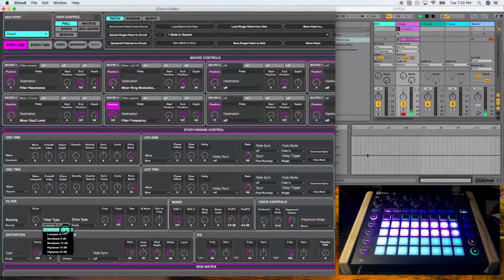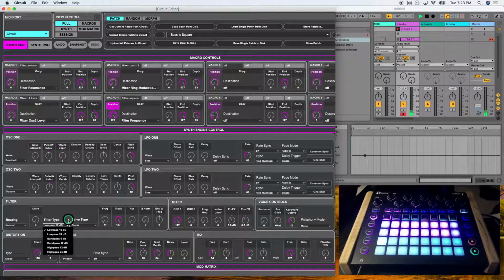The filter type contains 6 types of filters that can be applied to the sound coming from your oscillators. They have 2 low pass, 2 band pass, and 2 high pass filters. Low pass filters simply mean that low frequencies are allowed through the filter and high frequencies are stopped as you increase the filter cutoff.